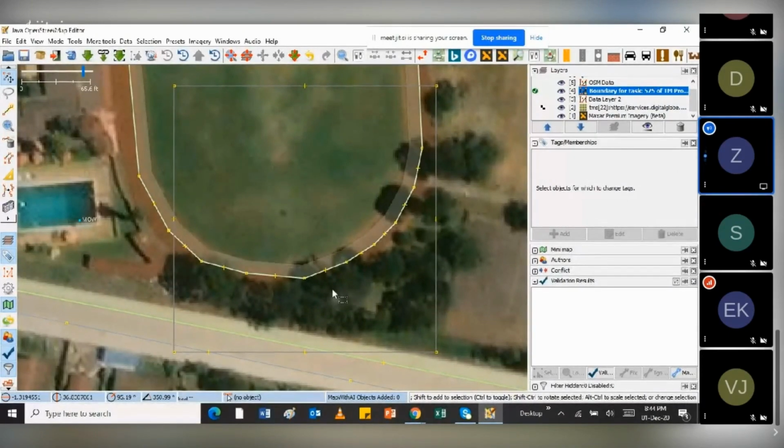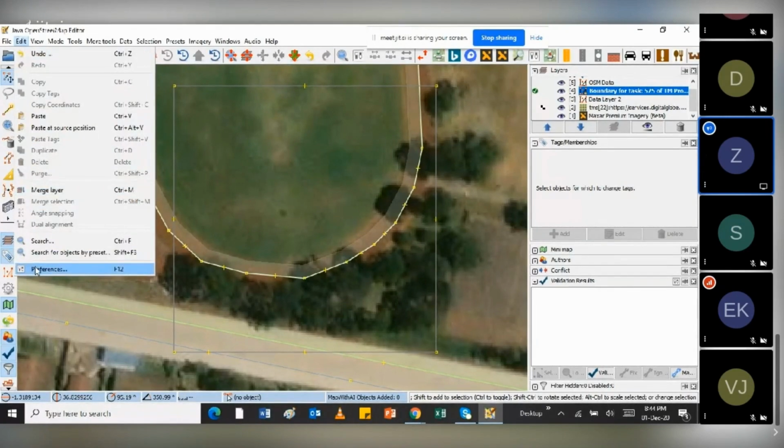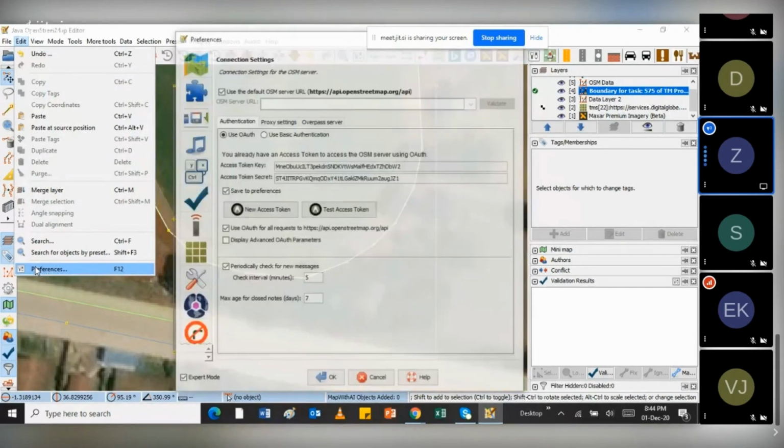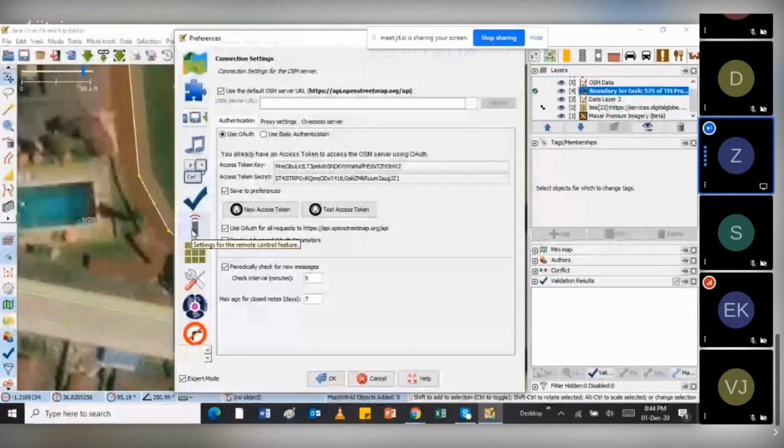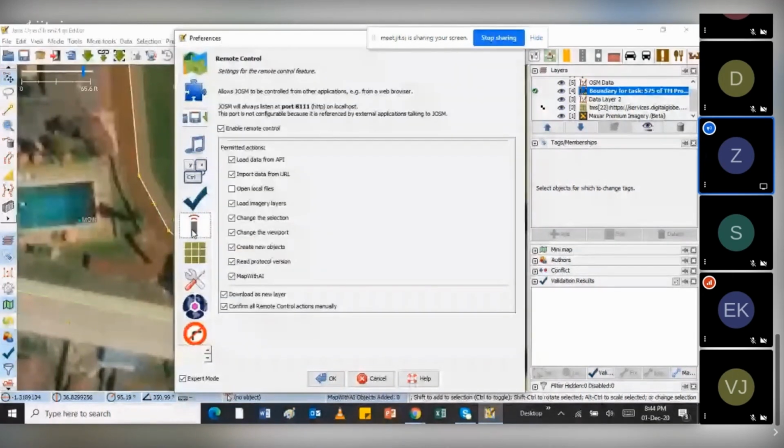So the first thing to do when you have already installed your JOSM is just sign in on the software, and then once you've signed in, if you want to use it to do the task, then just switch on the remote control, and that's it. I think from there you'll be good to go and ready to use.